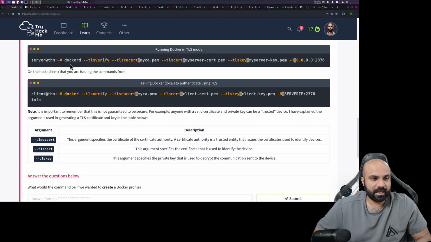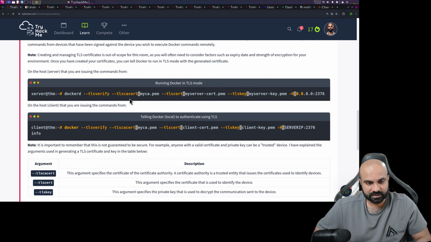Server at THM and dockerd, then tlsverify, and then the TLS CA certificate myca.pem, then TLS certificate myserver-cert.pem. So CA is certificate authority. Then TLS key myserverkey.pem, and then the IP address here you are mentioning on port is 2376. We know that on HTTP it was 2375, and now if you want to use the TLS version, the port will be 2376. Okay, and this was on the server side, and now on the client side we do the